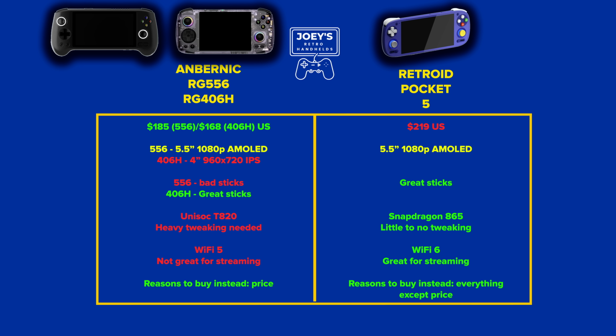And so you need to do a lot of heavy tweaking with the T820 to get a lot of games to run, where the Retroid Pocket 5 can just run them. Now, even at a cheaper price point, I would spend the extra for the Retroid Pocket 5 in both scenarios,